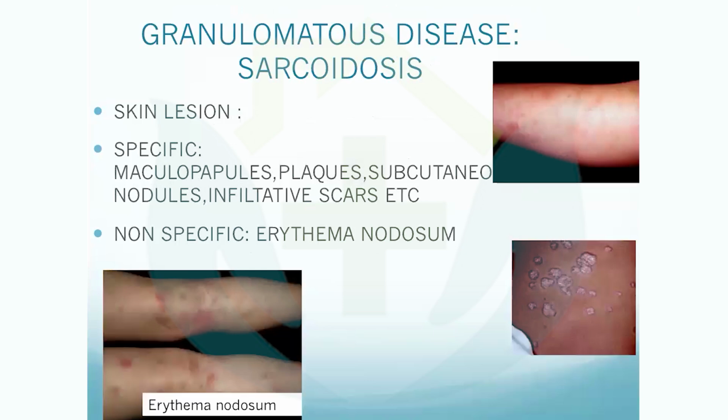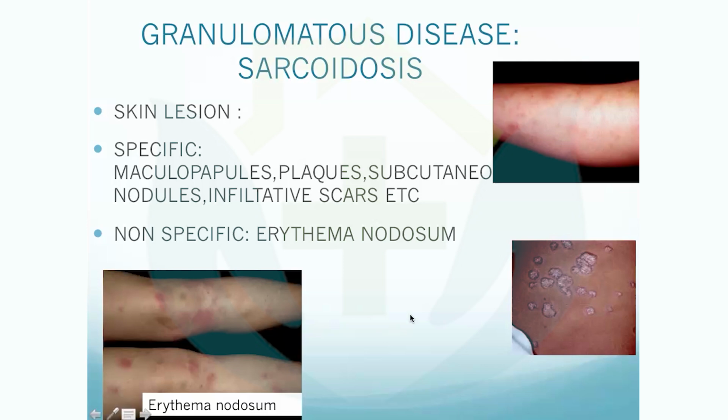Now, coming to the granulomatous disease, sarcoidosis can have some specific skin lesions which present with maculopapules, plaques like this, subcutaneous nodules, or infiltrative scars. Scar sarcoid is one of the important things. So, whenever a scar is indurated, infiltrated, think not only of keloid, think of scar sarcoid as well. And also,